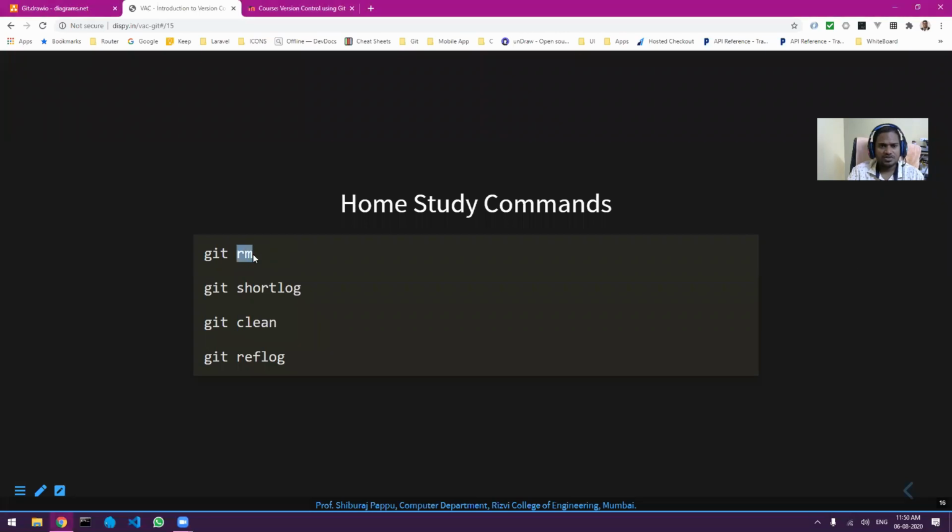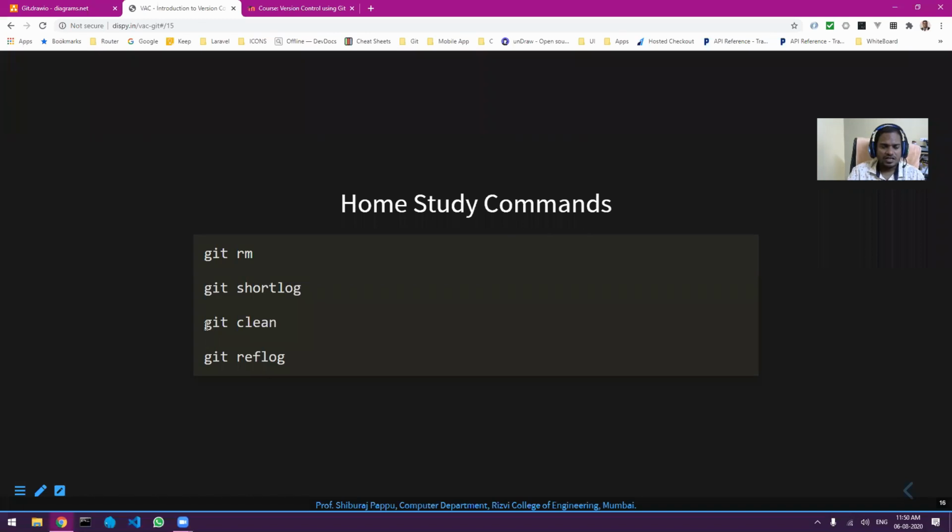Git rm is to remove any file from the repository. Git shortlog, I will show you a demo if possible. If you want to find out what other people are doing in your repository, I mean your friends who are working with you, git shortlog will give you a summary of all the things.